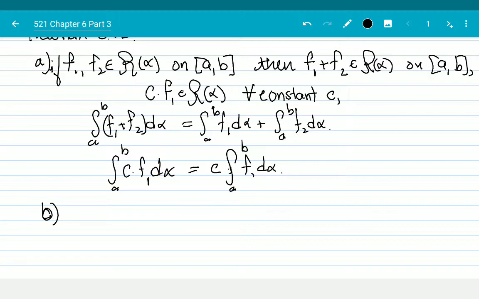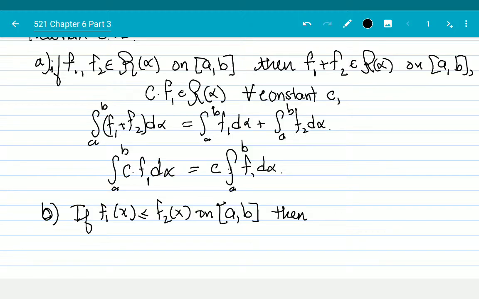But here we are showing these results for a slightly generalized function. We are not showing this for just Riemann integrals. These are Riemann-Stieltjes integrals, right? Riemann-Stieltjes integrals. Part B: if f1 of x is smaller than or equal to f2 of x on [a,b],